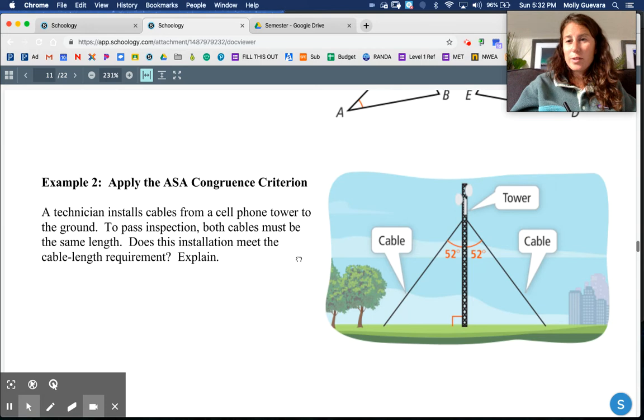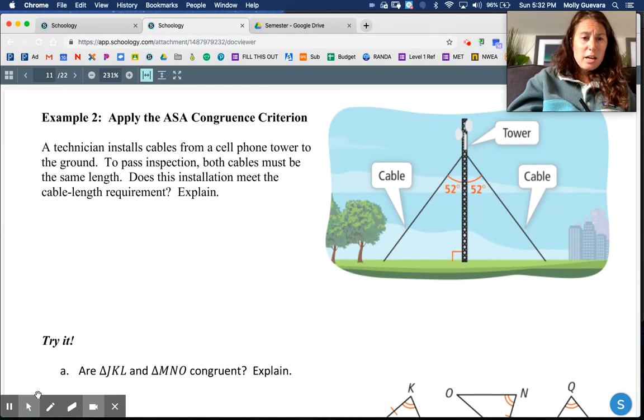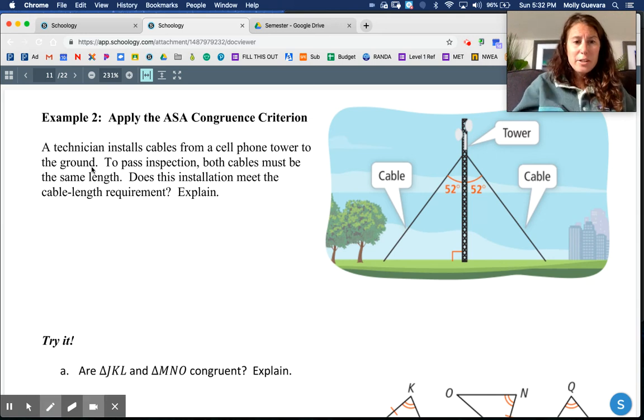That was example 1, super short. Let's look at example 2. So this says a technician installs cables from a cell phone tower to the ground. Obviously the cell phone tower needs to be able to stand upright, so we use cables to give it